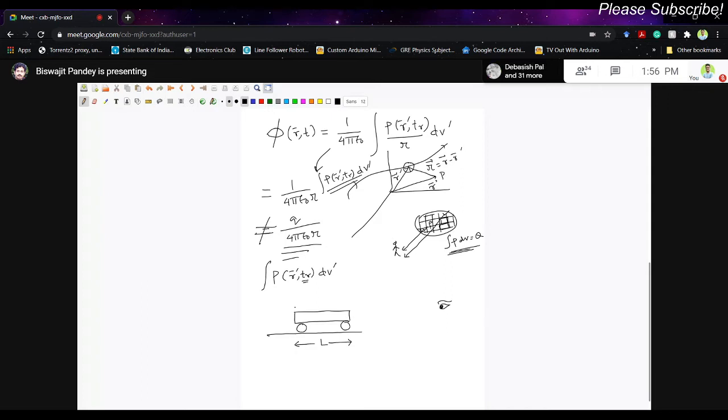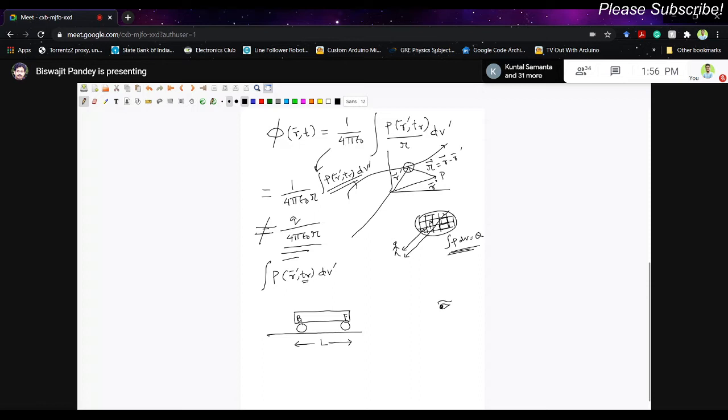Suppose we denote the back part and front part. This is the back end of the train, B. Suppose this is the front part of the train, F, right? So when you see the entire train, the light from the back part and front part both should reach your eye together. Then only you can see the train as a whole. Both the light from the back part and front part have arrived at your eyes, and you can see the train. But the light from the front part and the light from the back part have not started at the same instant. The light from the back part of the train must have started earlier.